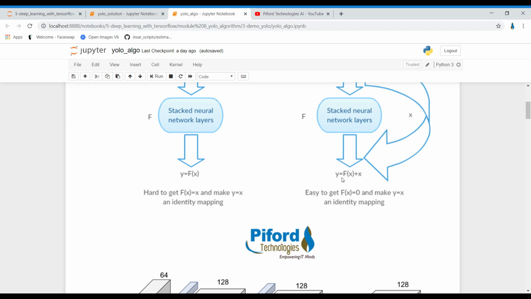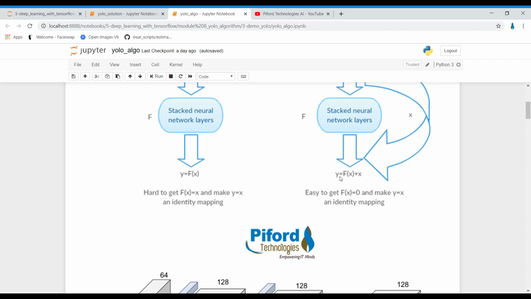Simply see the equation in ResNet: y equals function of x plus x. And in traditional networks, the equation looks like y equals function of x, right?